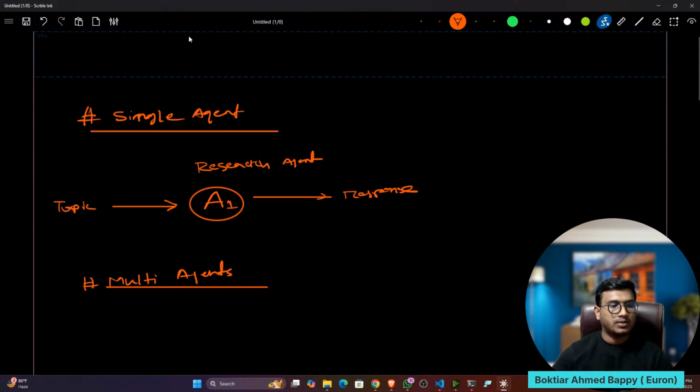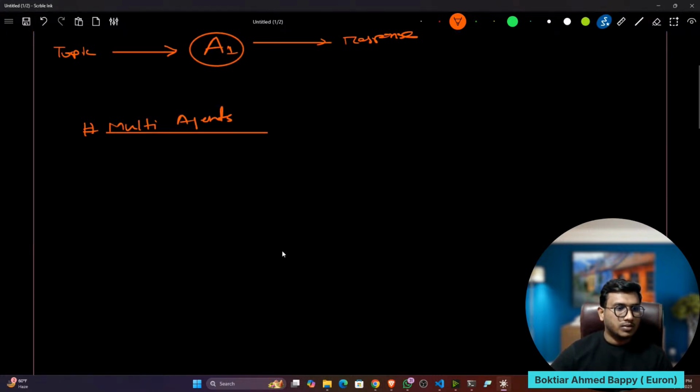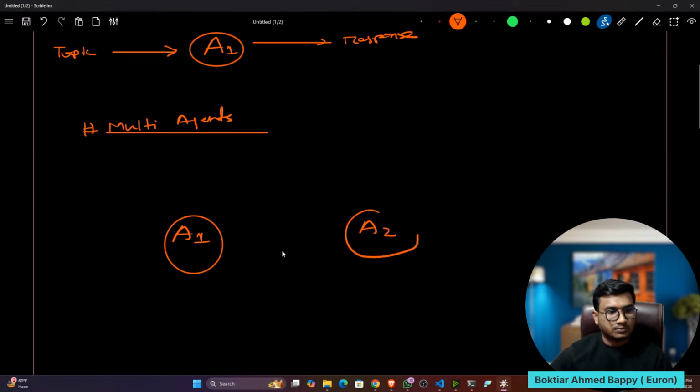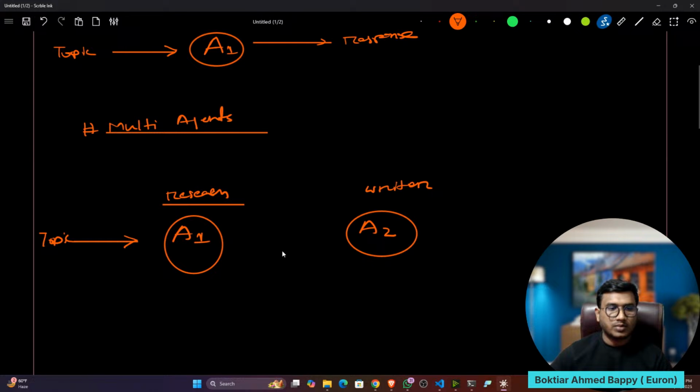In multi-agents, there will be multiple agents, like agent 1, agent 2, and agent 3. But we'll be creating only 2 agents; I'm not going to create 3. Here the user will give one topic, and there would be a research agent and a writer agent. The research agent will do the research based on the topic the user is giving, and it will write the blog on top of it, connected with the writer agent.